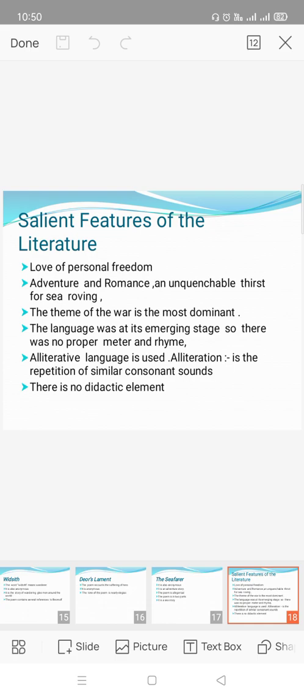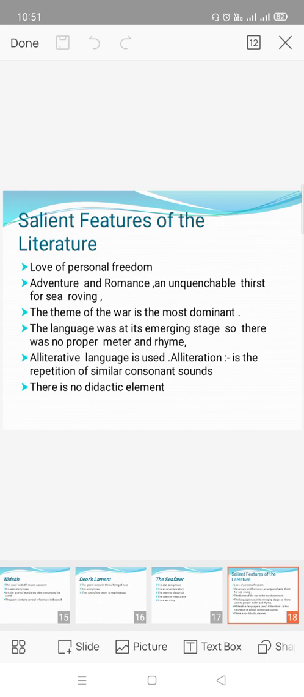Now let us discuss the significant and salient features of the literature of the age, and you people have to remember it because if you are writing an examination, you get a direct question: what are the salient or significant features of the literature of the Anglo-Saxon period? Love of personal freedom. This is one of the most important thematic concerns of the literature of the Anglo-Saxon period,